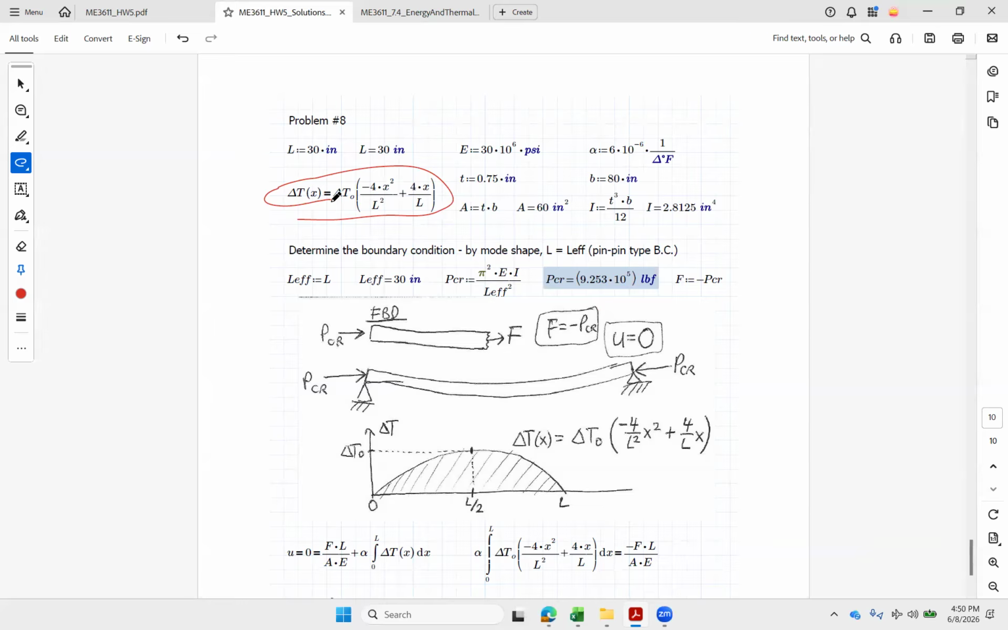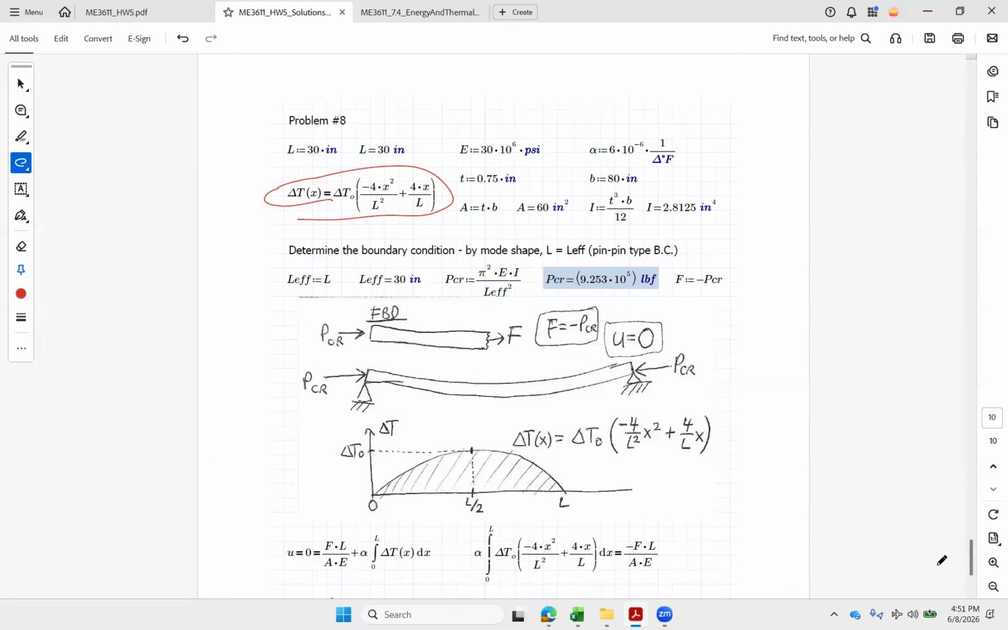Here's my expression for displacement, FL over AE plus alpha integral delta T. And we're going to say that those stiffeners can rotate, but they don't move. We've got lots of beefy flight deck around it, so we're going to say the displacement across holds at 0. So I got the mechanical displacement here, the thermal displacement here, and those have got to balance out. We put in minus P critical for our force